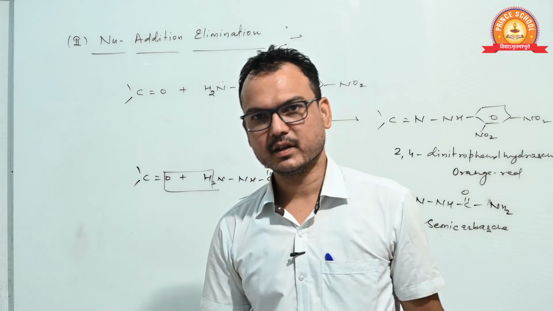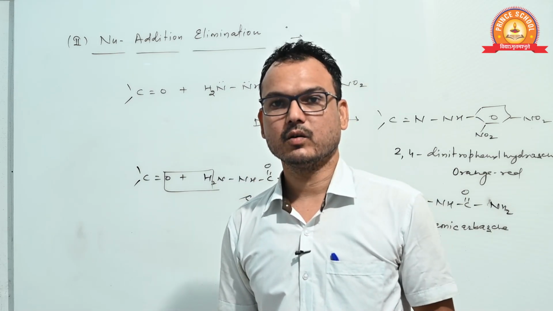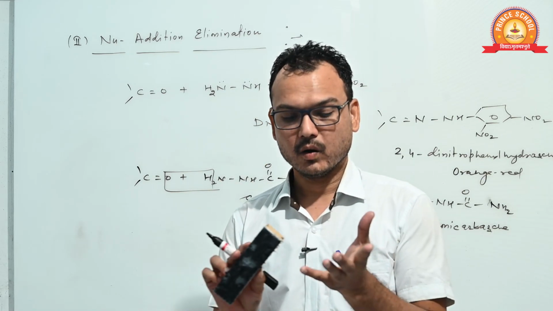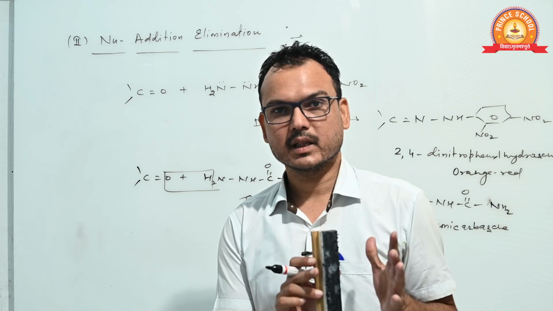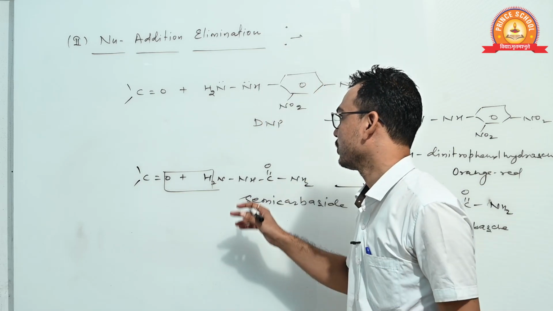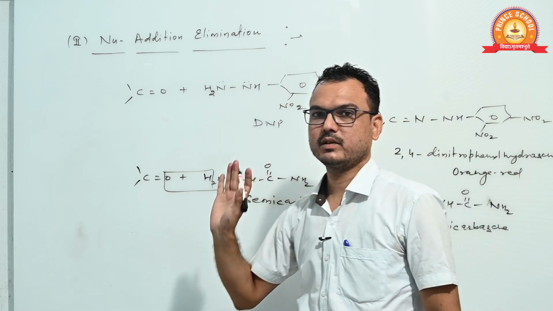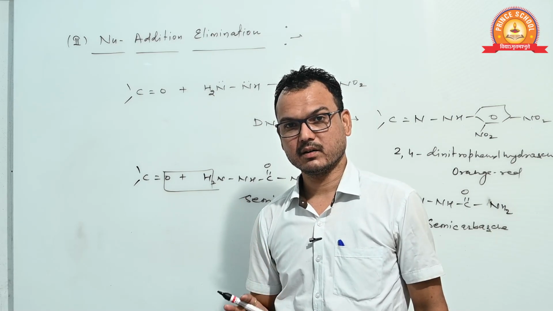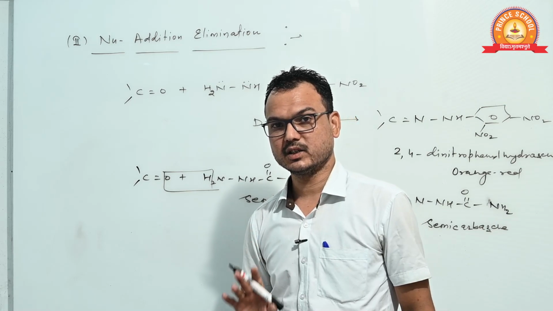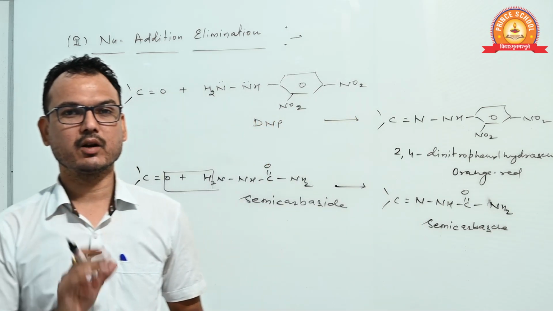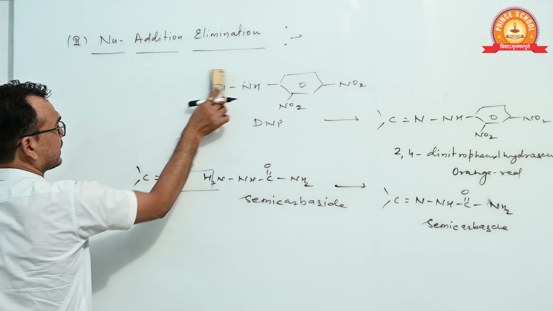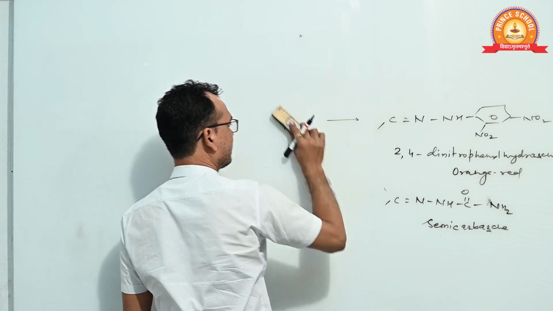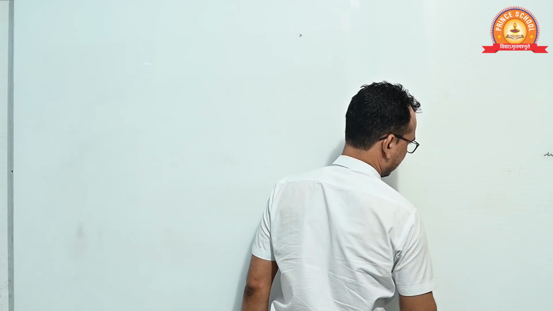You should clearly differentiate both the reagents of the nucleophilic addition and the nucleophilic addition elimination reaction. Only ammonia and the derivatives of ammonia show the nucleophilic addition elimination with carbonyl compounds, while alcohol, sodium bisulfite, RMgX, and HCN show the nucleophilic addition reaction. Next, we solve some example questions.